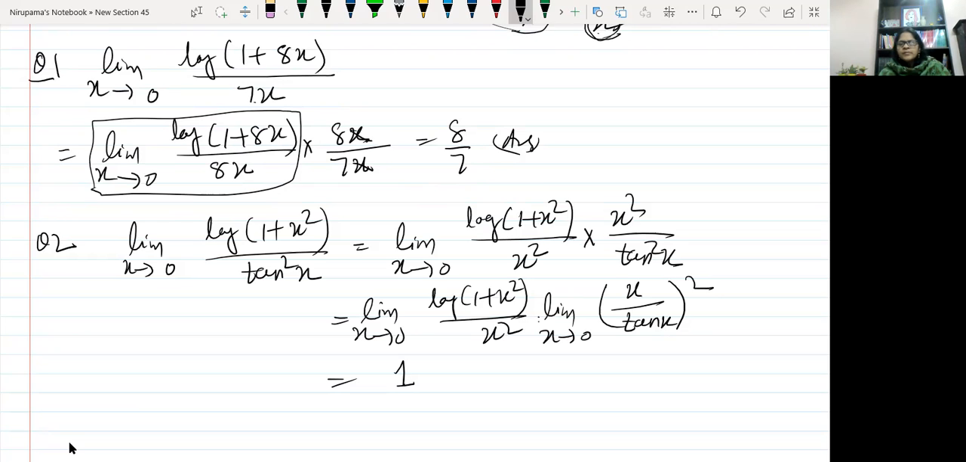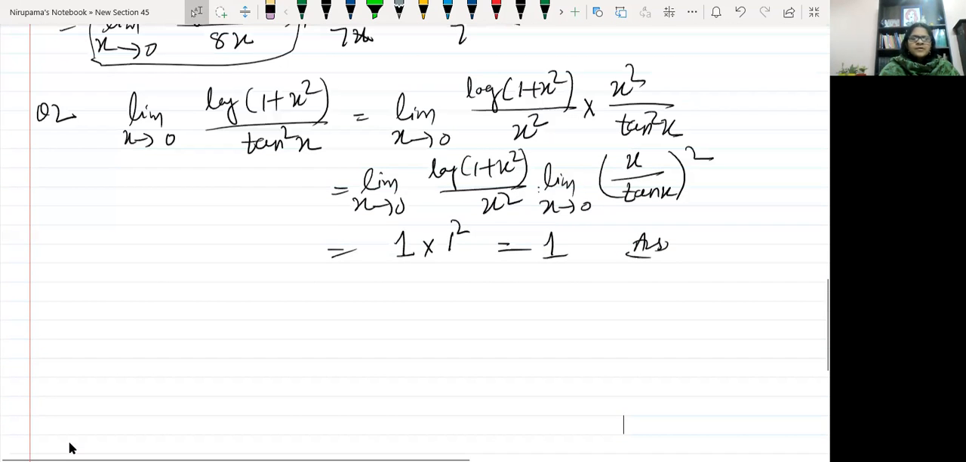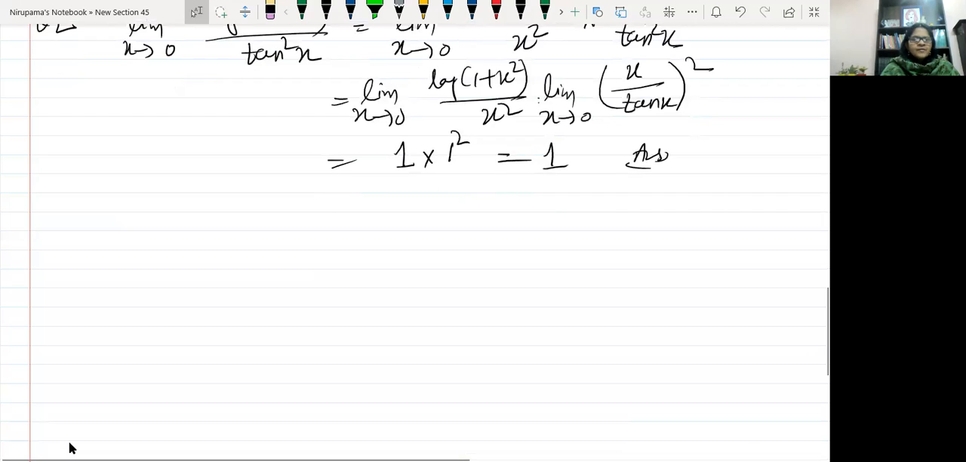And we know the limit as x approaches 0 of tan x by x equals 1, where x is measured in radians. So we are getting 1 into square of 1. I mean, we are getting 1 as the answer. Isn't it interesting? It's not very difficult, what I mean to convey. Next, third question is,